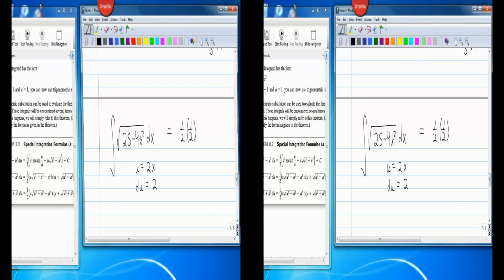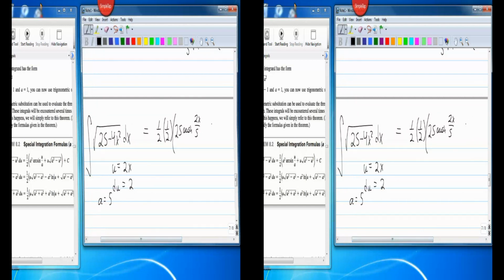And what was a? I didn't write that down, so a is going to be 5 because that's a squared. So this is going to be times 25 because it's a squared, arc sine u over a, so 2x over 5, plus u, which was 2x, times the square root of a squared minus u squared, that's 25 minus 4x squared,